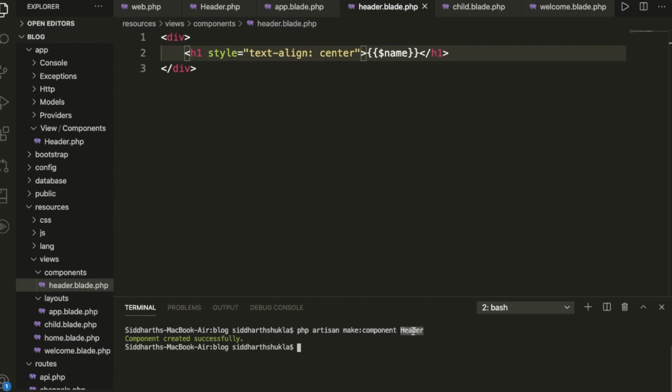So inside the component files also we are rendering from header.blade.php, which is, sorry, app views and components. We already have header.blade.php, and we are passing some variable from here.